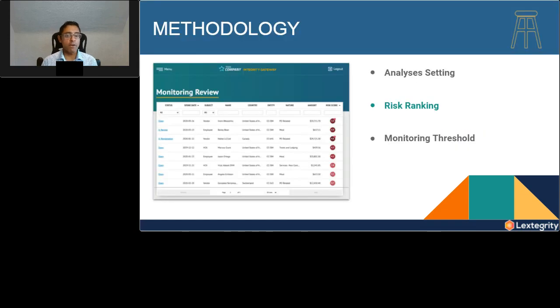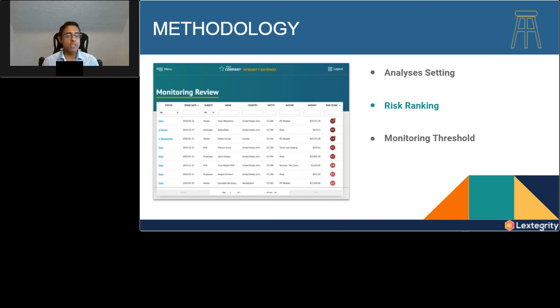So where does that all go? Now that you've risk scored everything, this next piece of our methodology, and sound methodology from our perspective, is risk ranking. So obviously you do not want to look at 100% of your transactions. That defeats the whole purpose of a continuous monitoring tool. This is really looking to escalate those highest risk transactions. So what you should have the ability to do is to risk rank those transactions with that aggregated score and escalate those highest risk transactions,